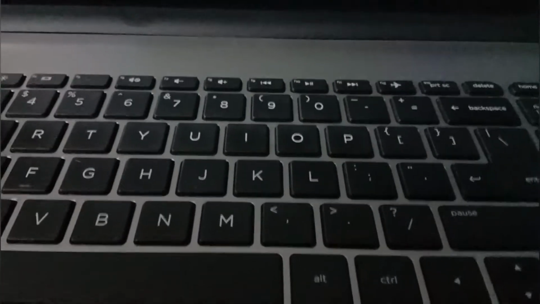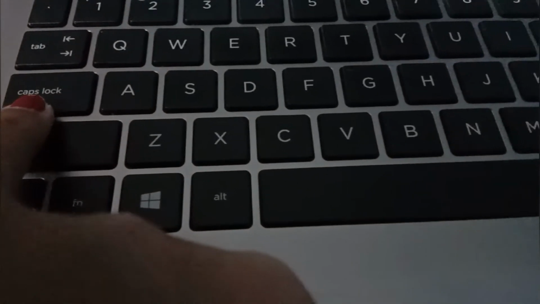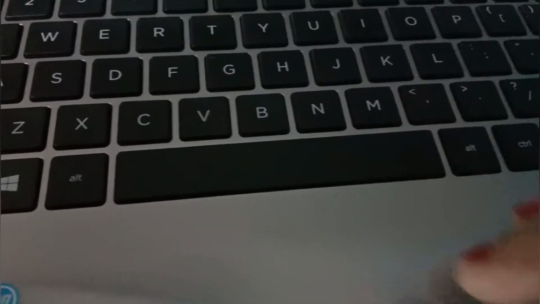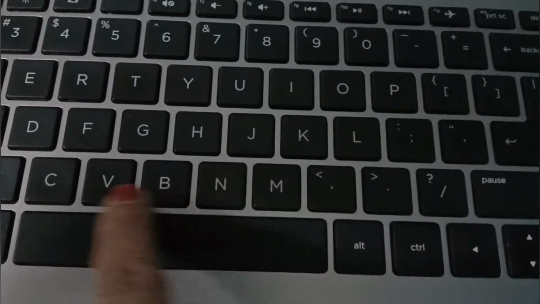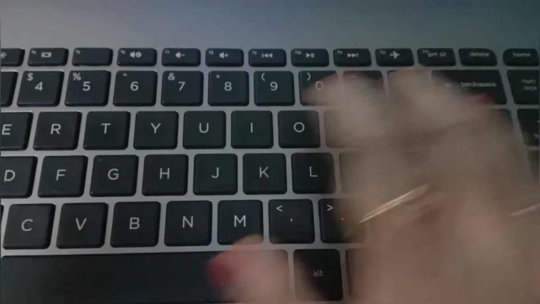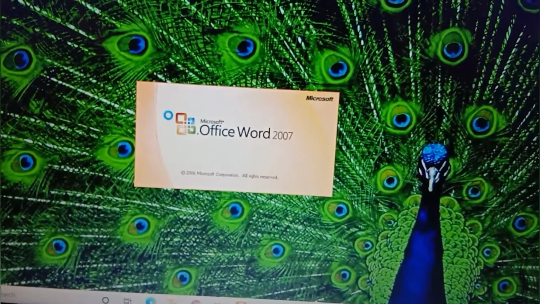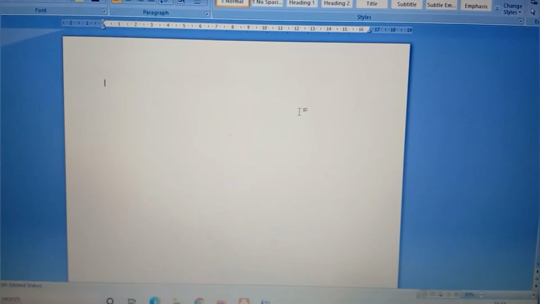So let's start. Today first we are going to learn about the caps lock key. Just tell me why you are going to use the caps lock key. The name describes it, because we mostly use the caps lock key to write capital letters, or uppercase letters. The alphabets on the keys are written in uppercase. To write it you can open Notepad or MS Word. I am opening MS Word to show you, and increasing the size so that it is visible to you.